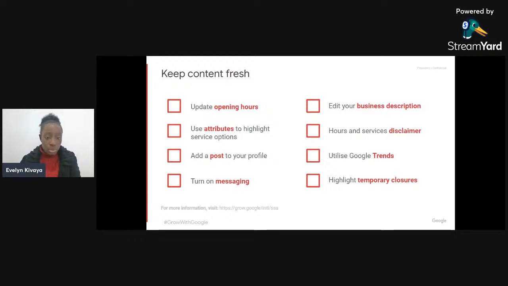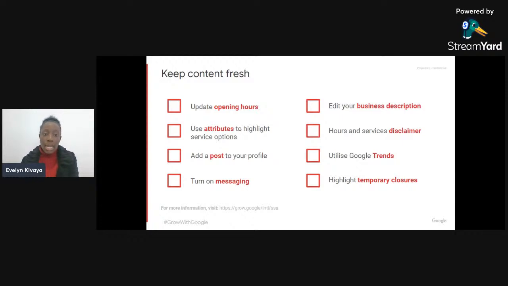And also add a post to your profile. Adding a post is the same way you post on social media. Ensure that you do the same on Google Business Profile. Ensure that you've done at least 3 posts to show your prospective customers what your business is doing. And by that, you should ensure that you've posted quality content. For example, if you've got an offer, feel free to post it on Google Business Profile too